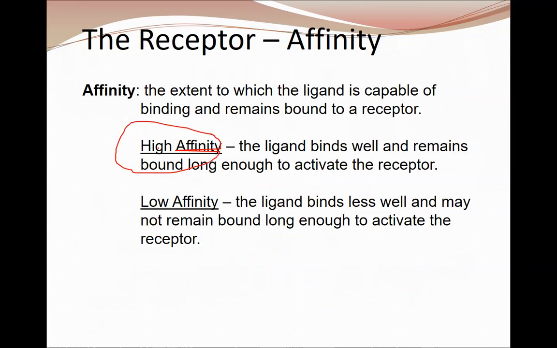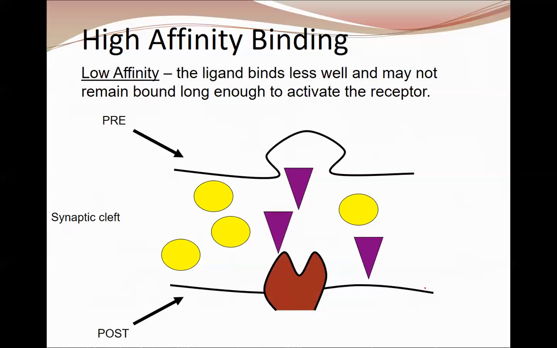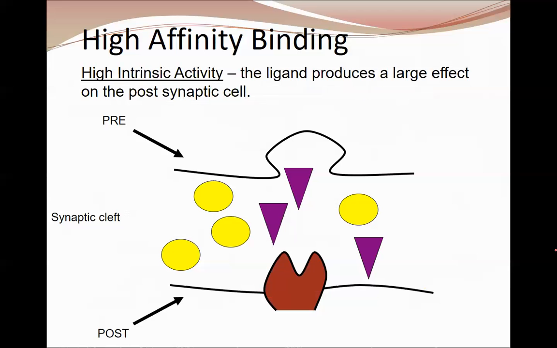There could be high affinity or low affinity. High affinity is binding for a prolonged duration of time, and low affinity is it does not bind for a sufficient amount of time so as to activate the receptor. So this high affinity binding, we have already talked about this, and leading to activation of the receptor, whereas low affinity is just touch and go phenomena. And then we talk about the intrinsic activity, which could be further of 2 types. It could be high intrinsic activity or low intrinsic activity.